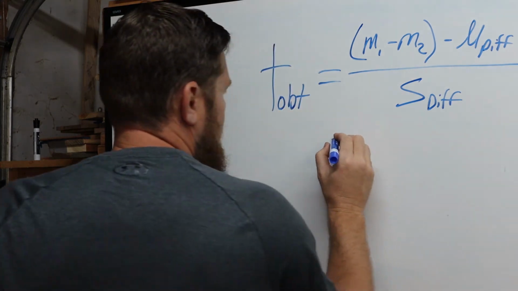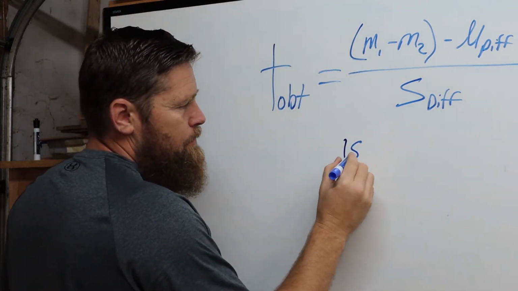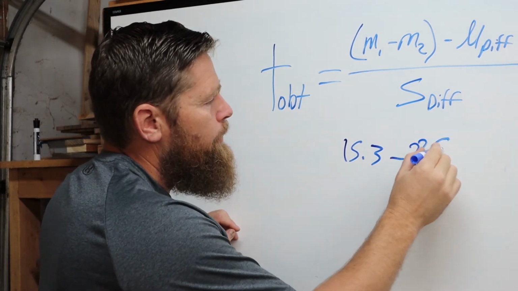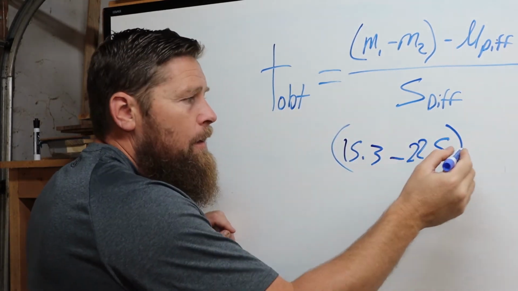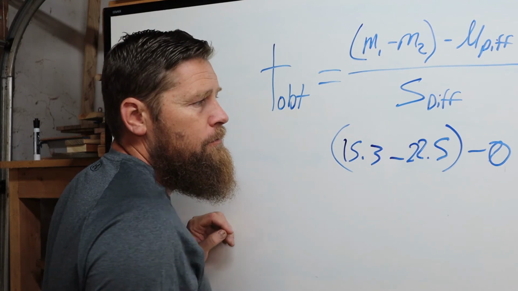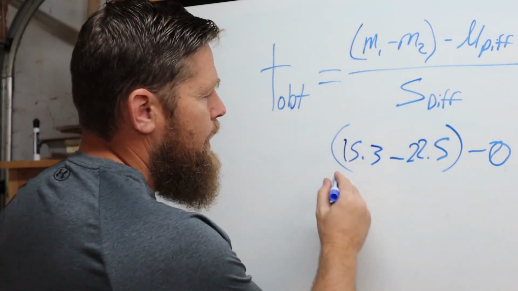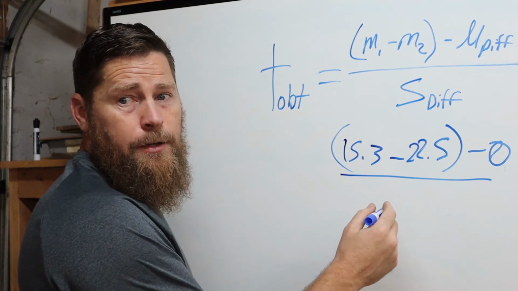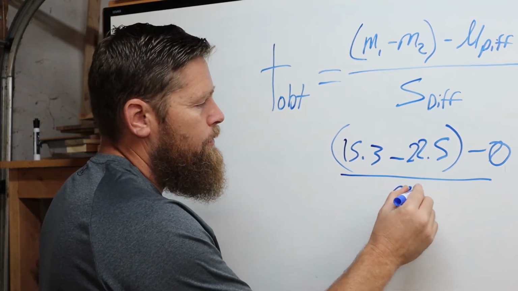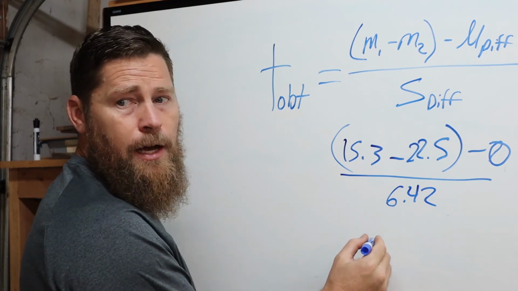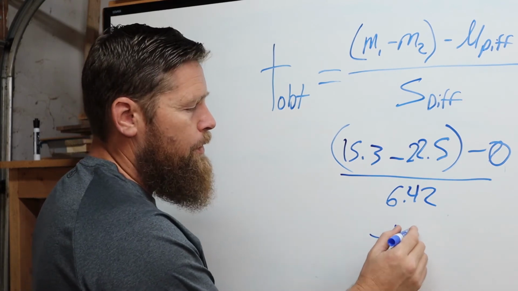Mean for group 1 was 15.3. Mean for group 2 was 22.5, minus 0. That's always going to be 0. So 0, divided by what we just figured out S diff was, which is 6.42. That yields for us the t-obtained statistic of negative 1.1